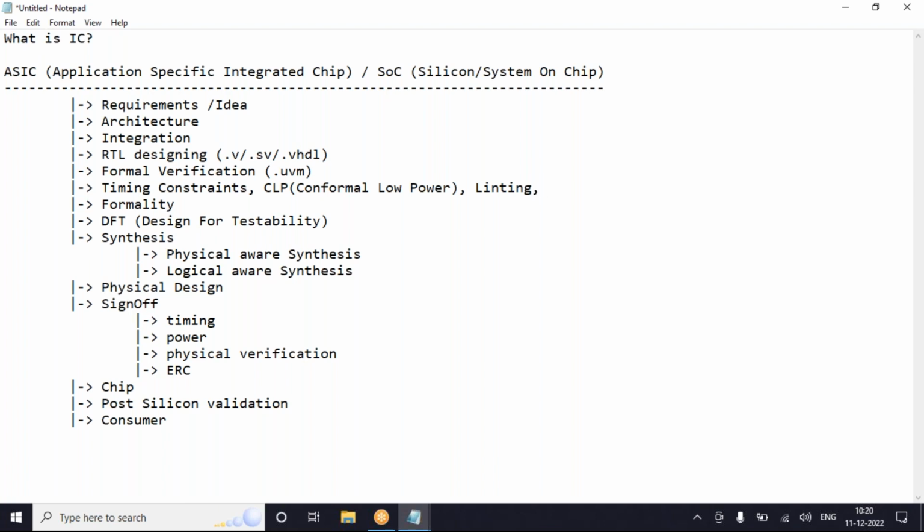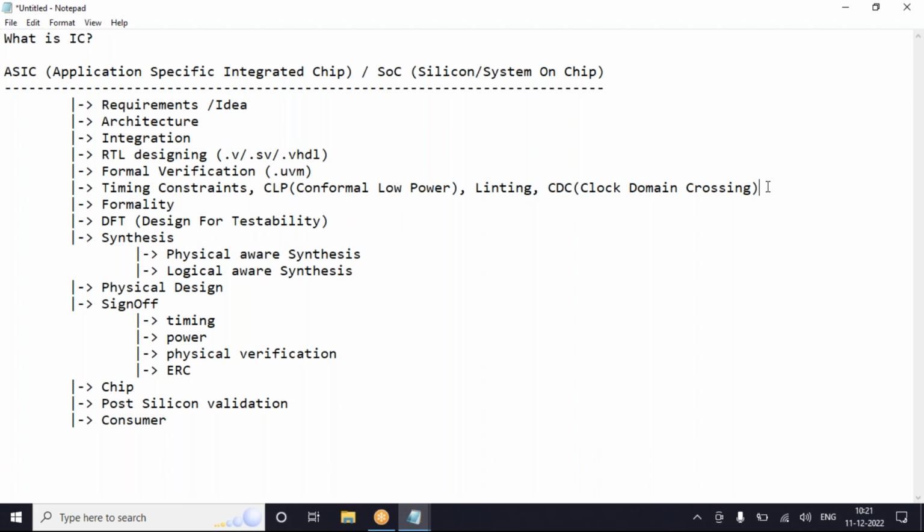And I forgot to mention, there is one more team called CDC, that is clock domain crossing. If there is any connectivity or data transfer between asynchronous clocks, then how do I need that data to be propagated?